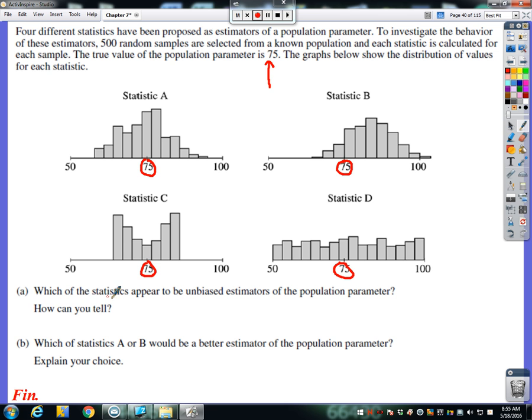Part A is which of these statistics appear to be unbiased estimators of the population parameter, and how can you tell? Part B, which of statistics A or B would be a better estimator of the population parameter, and explain your choice. So again, I will be checking to see if you did this specific problem in your notes tomorrow. We will discuss it, and then again, we will discuss a second example, really to make sure that you understand this concept. And that is all for